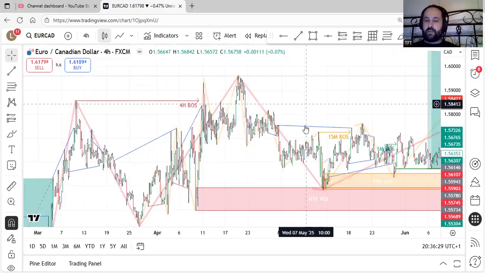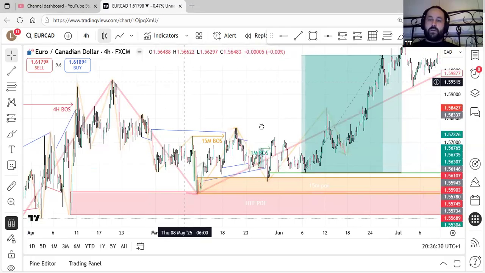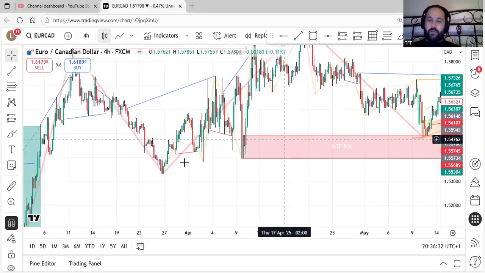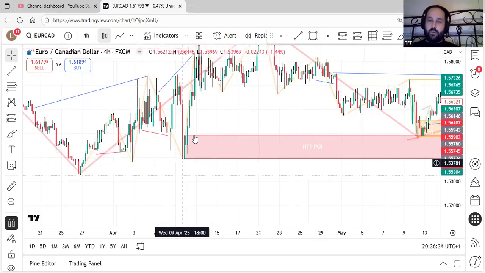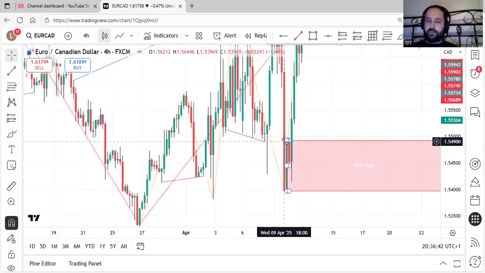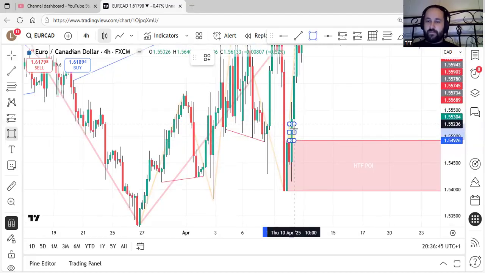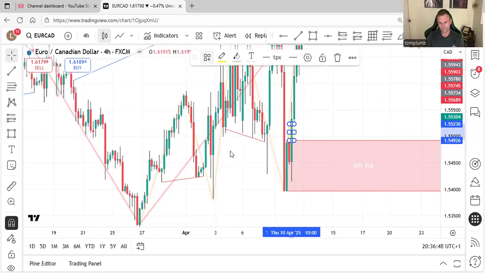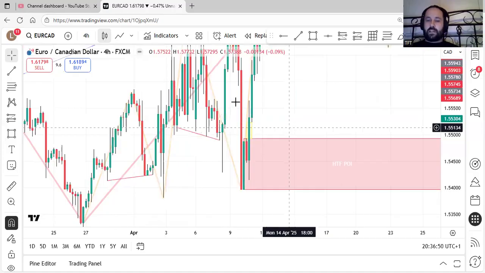In my 4 hour, 15, 1 strategy, I always mark my zones from the swing low up until the creation of some imbalance. So obviously, it's a 4 hour point of interest. From this point here we get imbalance above there, then we get imbalance, so that'll extend. There you go.